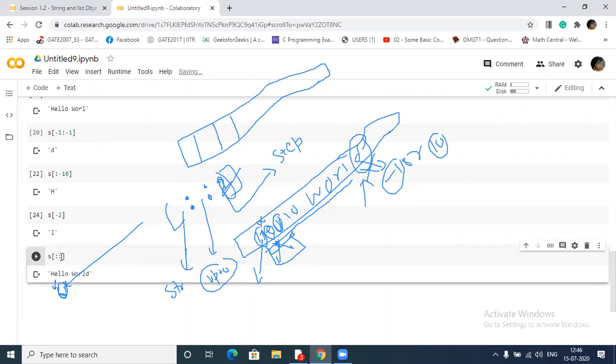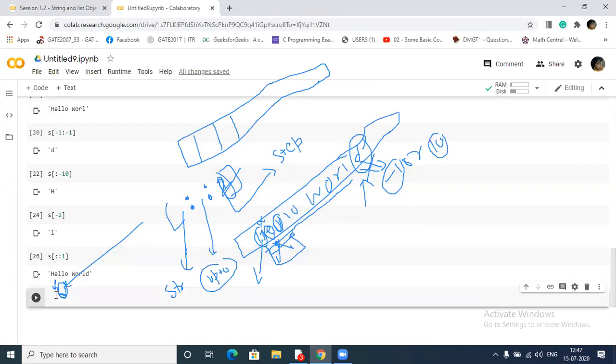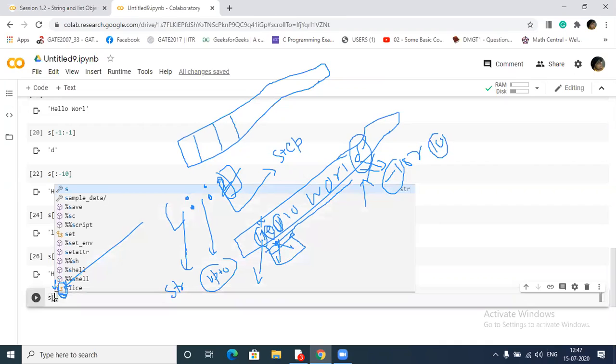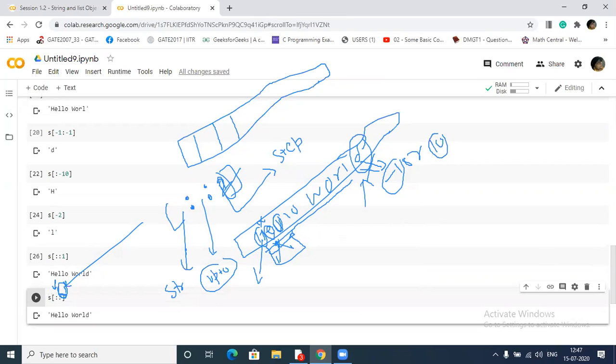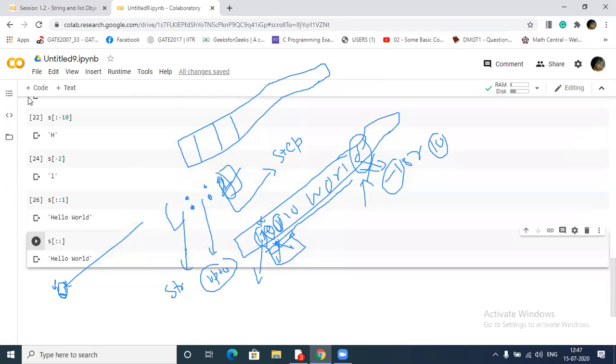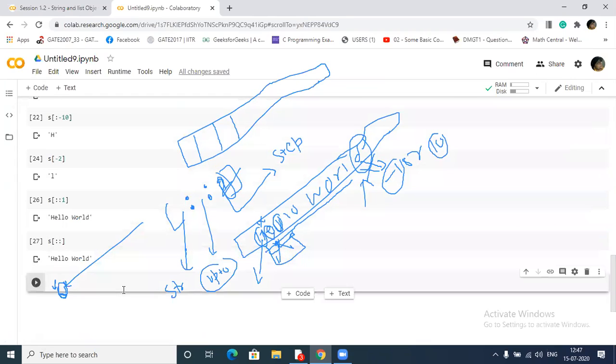Suppose I put one here, then it will print the same thing, right? So by these two codes, you can conclude that the default step size is one. You can comment here after class on what the difference is and why it's giving the same result, so that you fix it for your lifetime.